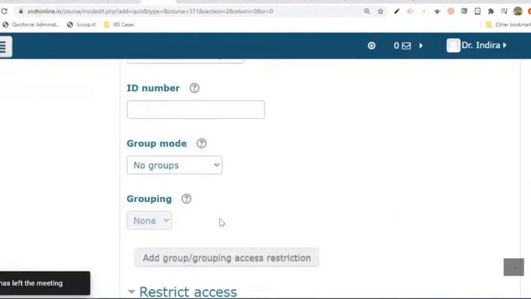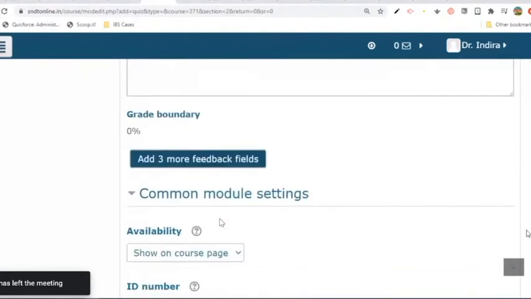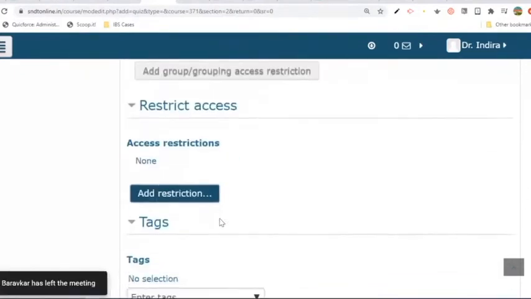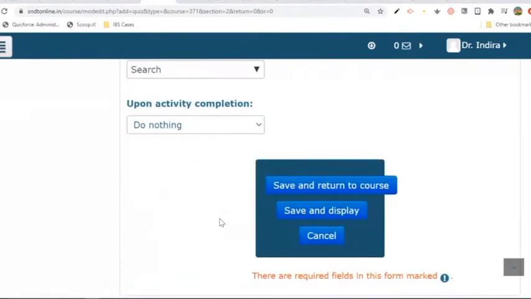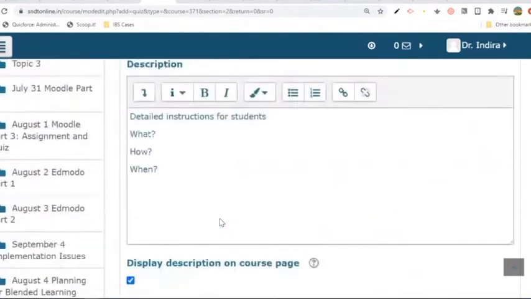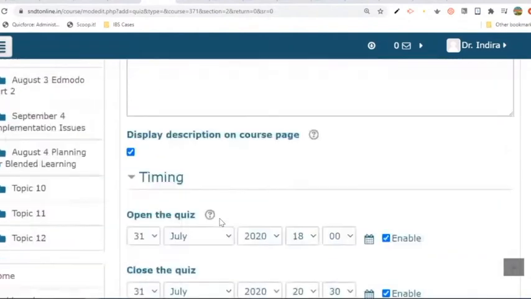And coming to overall feedback, if it is 100%, then superb or something, that is common general feedback. And restrict access, these are all advanced. You can restrict access based on the completion of the previous activities. I'm clicking on save and display. Any questions on this quiz configuration page, please let me know in the chat. Otherwise, I'll save this and then we'll add the questions from the question bank.